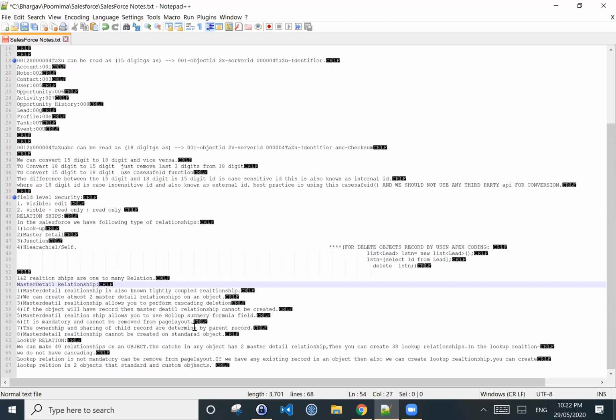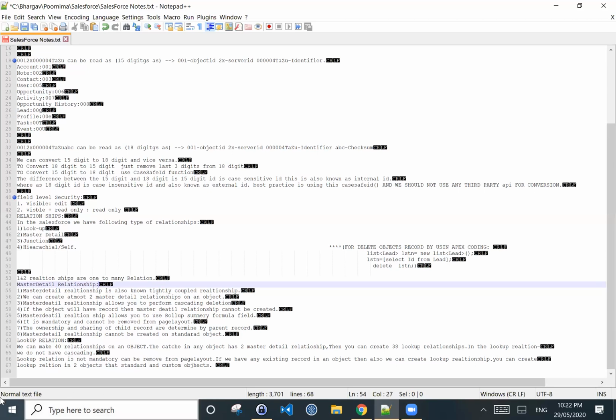If you require the roll up summary formula field, then you will go for the master relationship. If you require cascading deletion, then go for master relationship. If you require the security settings to be inherited from the parent object to the child object, then you require the master relationship. Otherwise you will go for the lookup relationship.